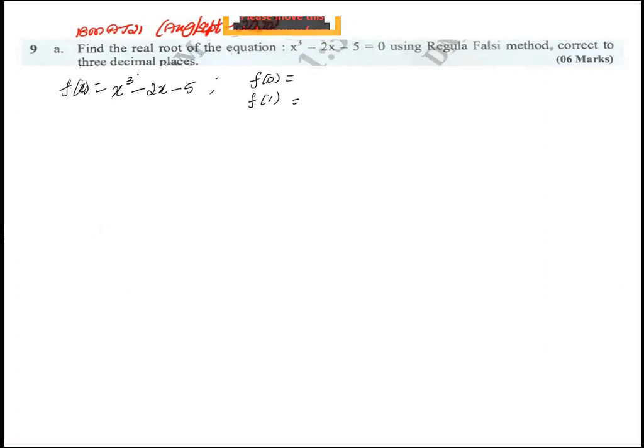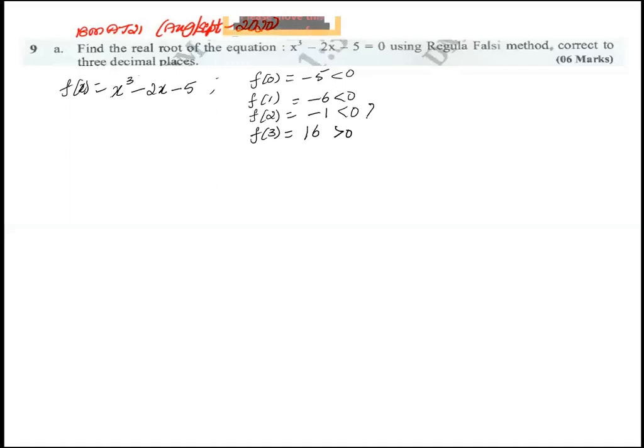f of 0 is 0 power 3 minus 0 minus 5, that is minus 5, and f of 1 is 1 minus 2 into 1 minus 5, you will get minus 6 as the answer. Again it is negative, less than 0, and calculate f of 2, that is 2 power 3 is 8, minus 2 into 2 is 4, minus 5, that will be minus 1, again negative. So till you get the positive value, you should calculate, that is f of 3: 3 power 3, that is 27, minus 2 into 3 is 6, minus 5, the answer will be 16,